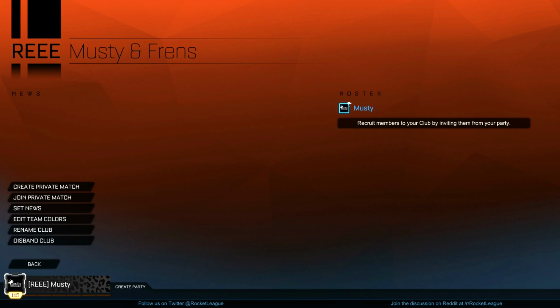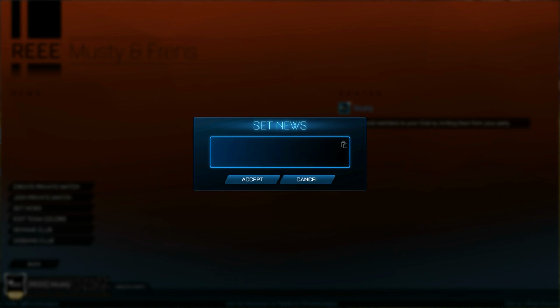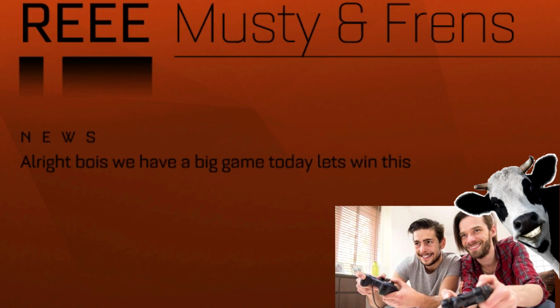So it looks like if you want someone to join your club, you have to invite them to your party first, and then from there you can invite them to your club. And there's a set news thing here, so I guess if you want to set up a private match with the people within your club, you can have a message pop up at the top of the screen that everyone can see, so they would know the information to use to join the